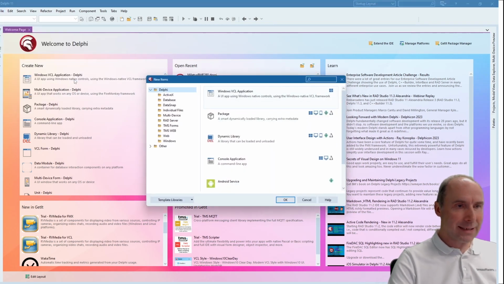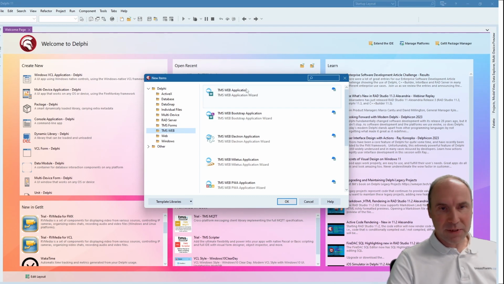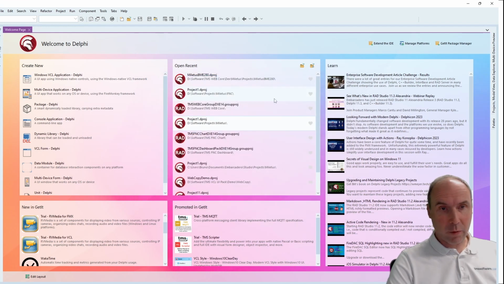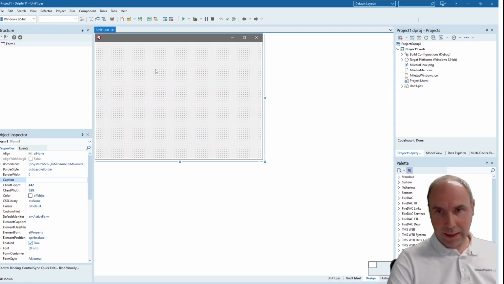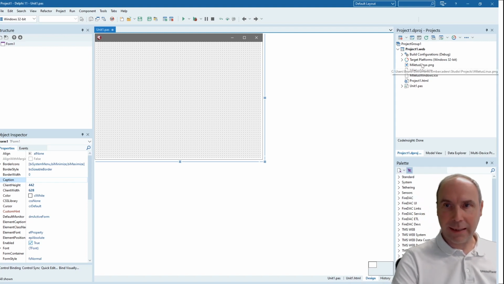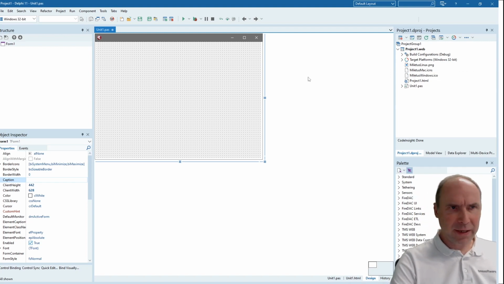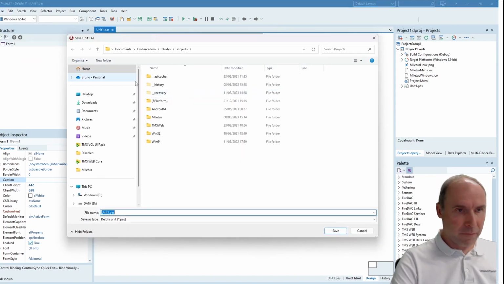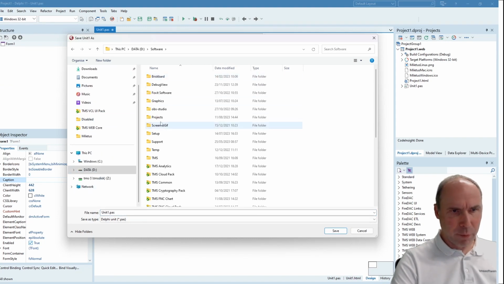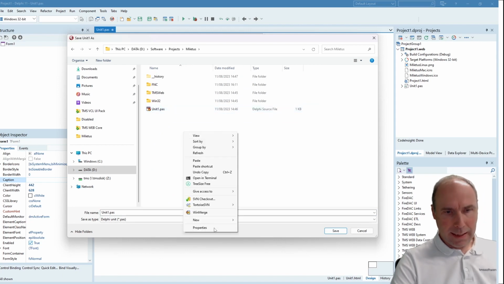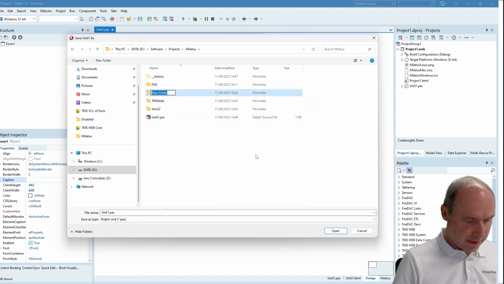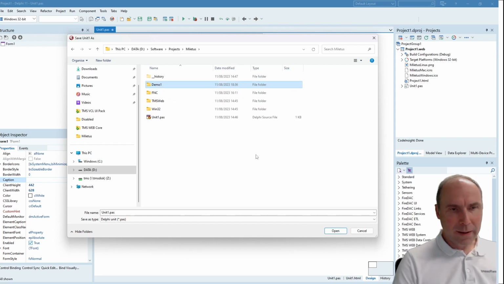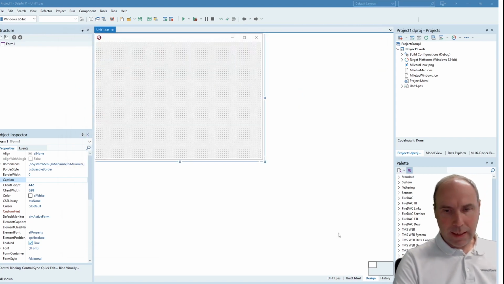That means I can select under project types the different TMS WEB Core projects. And of course, in this session, we will create a Miletus application. We get a form, we get our project in the project manager, so everything is pretty much the same as we have in a VCL or a FireMonkey application. So what I will do first is save my project, and let's call this project Demo 1, and let's save the